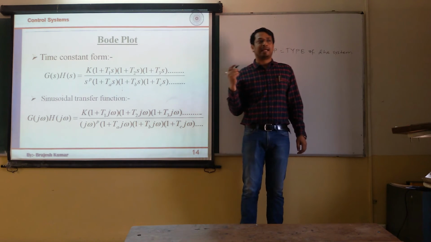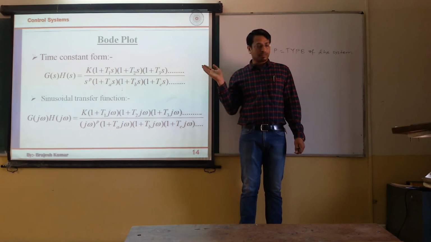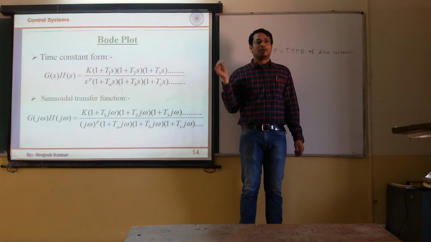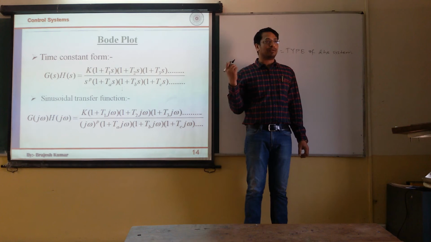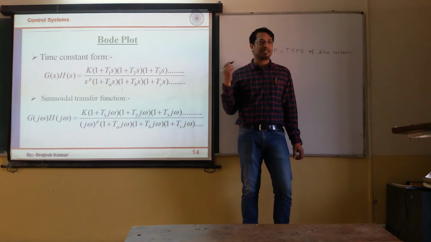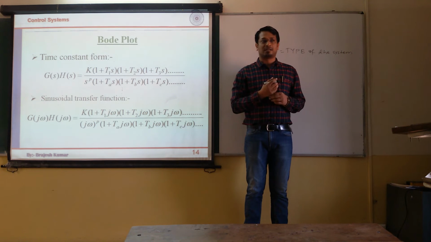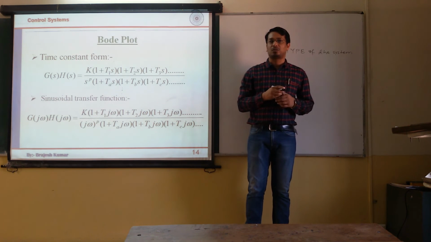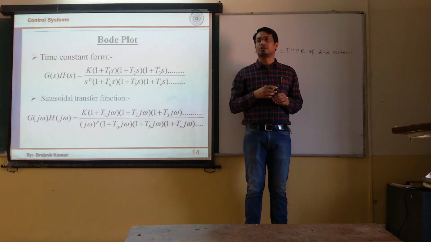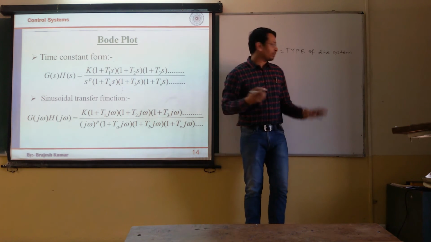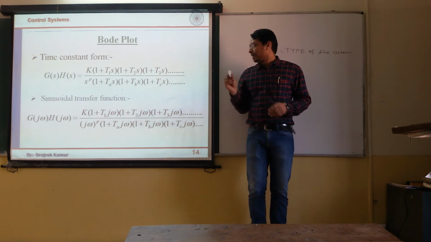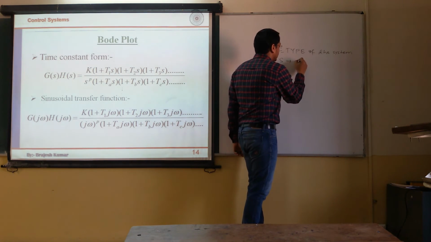Please note that we have not taken any pole or zero of the open loop function which lies in the right half of the s-plane. All poles and zeros for these values of T lie in the left half of the s-plane. That's why it is a minimum phase transfer function. If some negative term appears and somebody asks you to trace the plot, you will say it is not possible, because this is the limitation; it can't be used for other than a minimum phase transfer function. Correct?